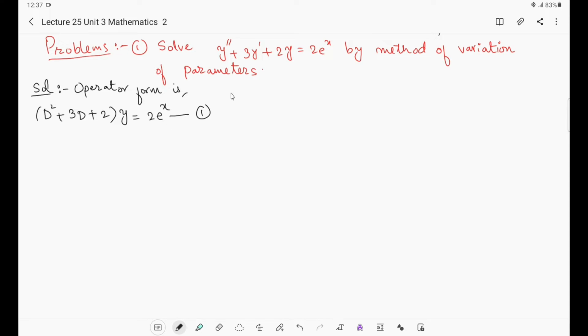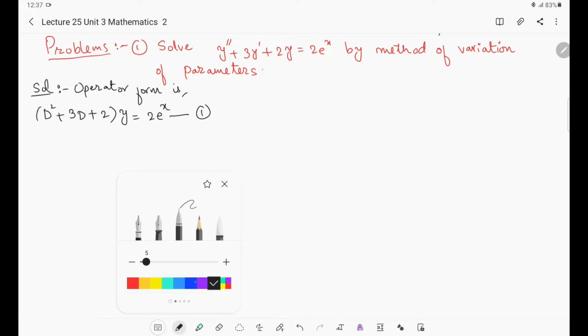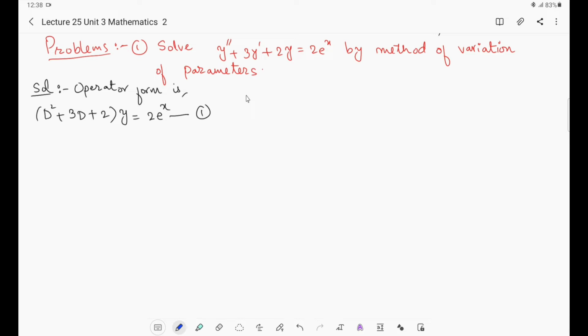But here in this question, it is clearly mentioned to solve by using the method of variation of parameters. So we have to solve by using the method of variation of parameters only. In the examination, if the question comes like this, use the method of variation of parameters, then we should not use the complementary function and particular integral by the previous methods. We have to follow the method that we are going to discuss now, right. This question was asked many times, it is important also,